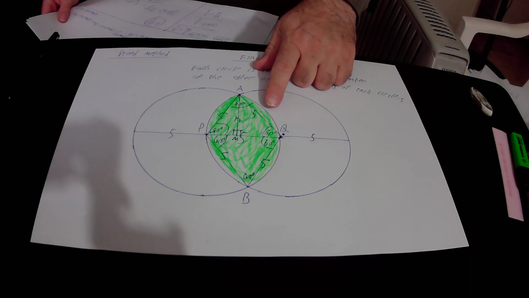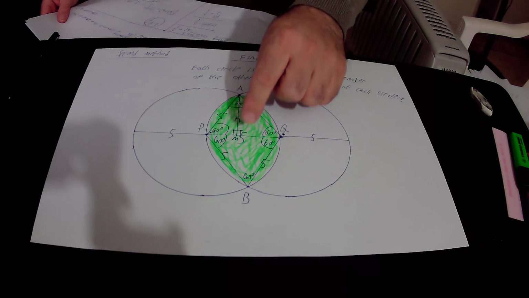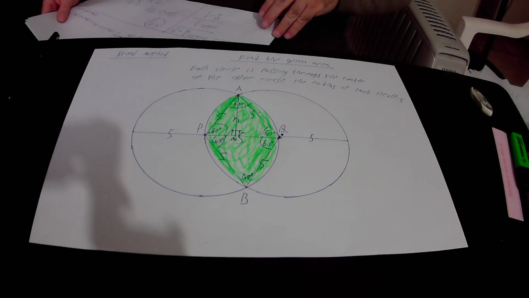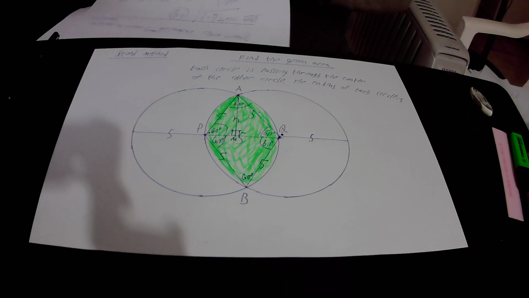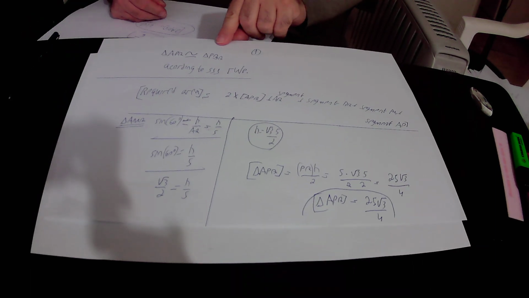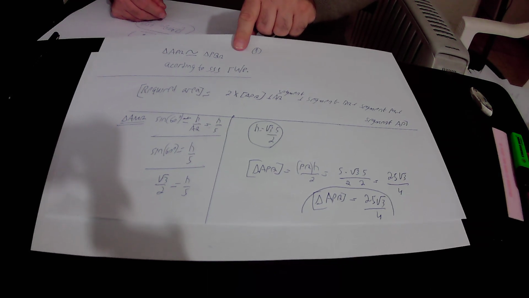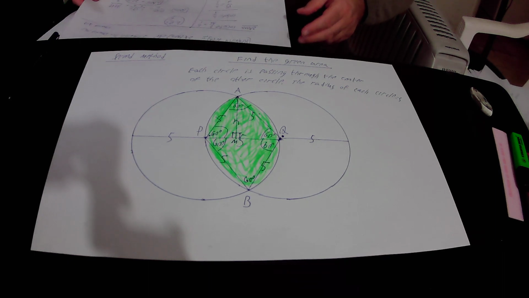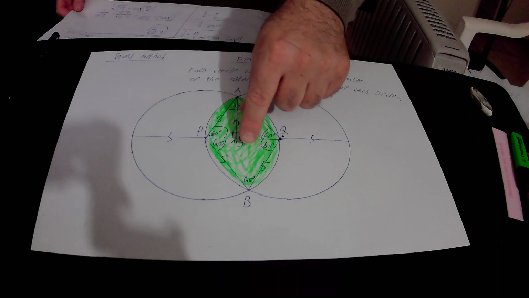According to the side rule, those two triangles are congruent, therefore they also have the same areas. So triangle APQ is congruent to triangle PBQ according to the side rule, and the required area will be equal to the sum of